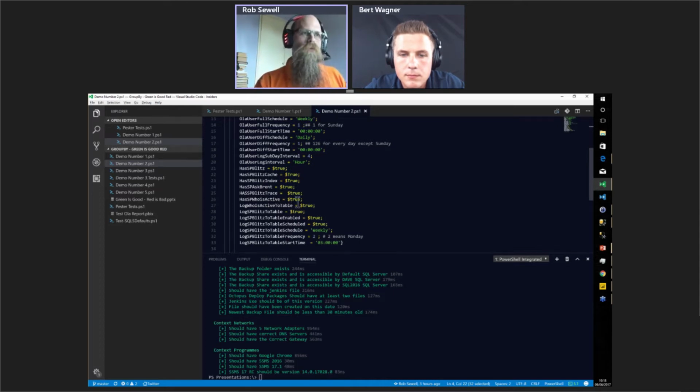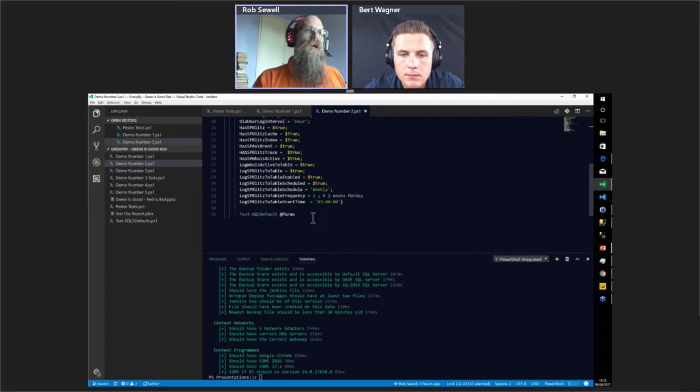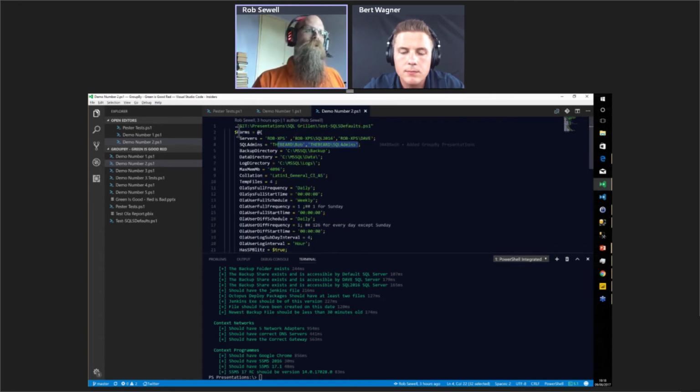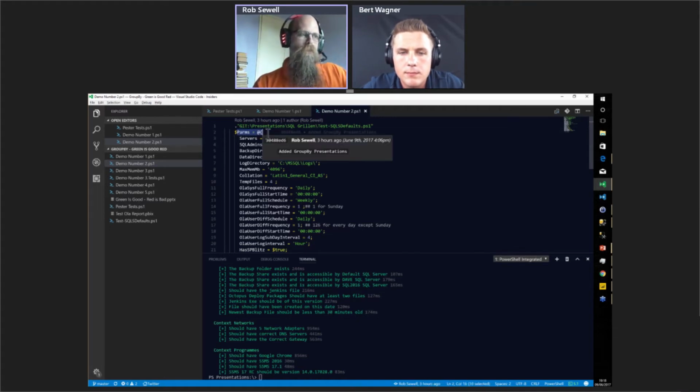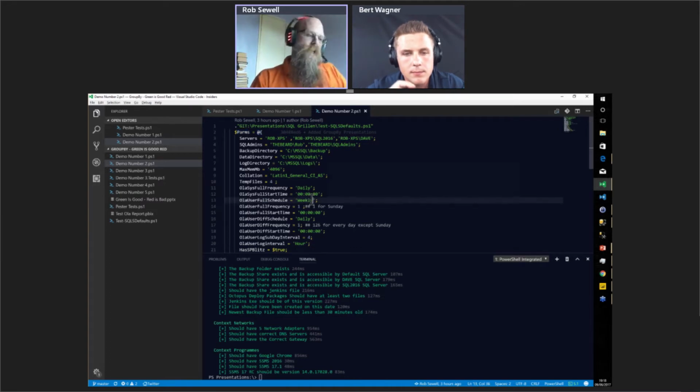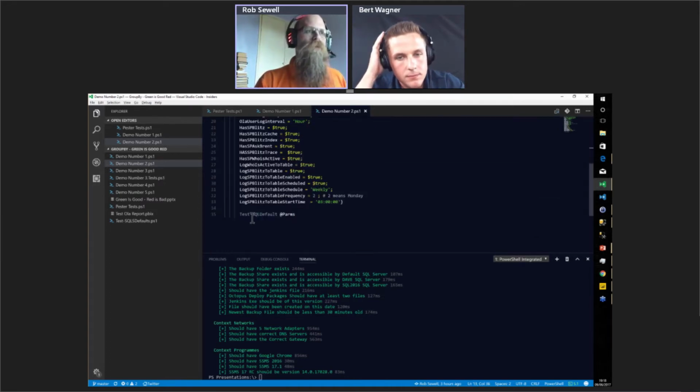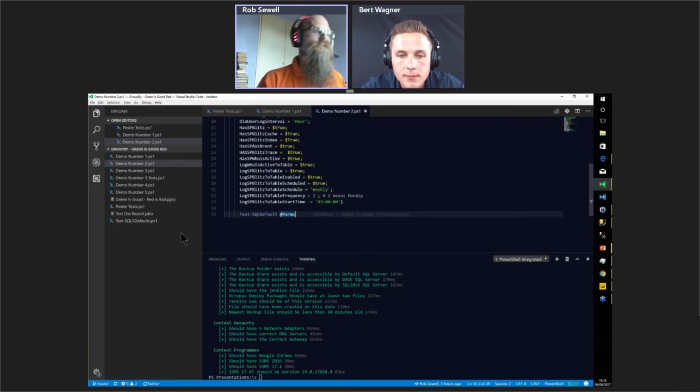This is a slightly older version. And this is how we can do it. We create ourselves a params hash table, that's the word, with name and value pairs. And then down at the bottom, we say Test-SqlDefault and give it these parameters. And our Test-SqlDefault file